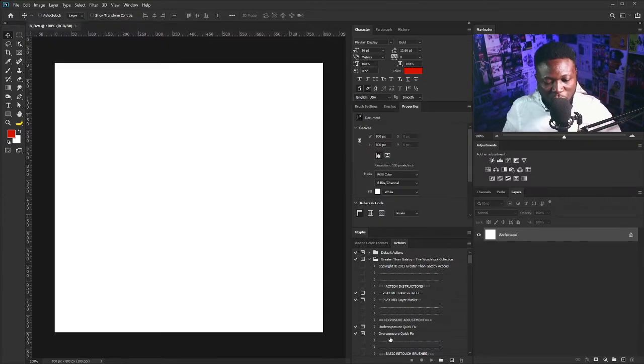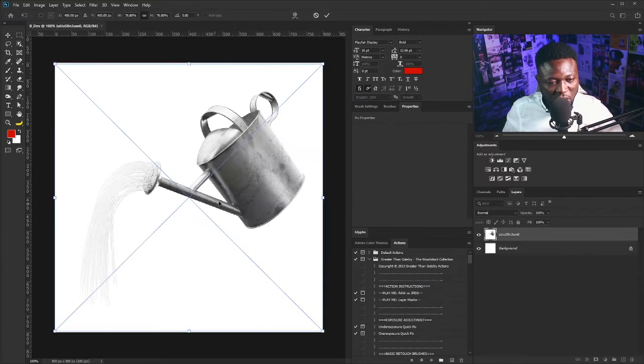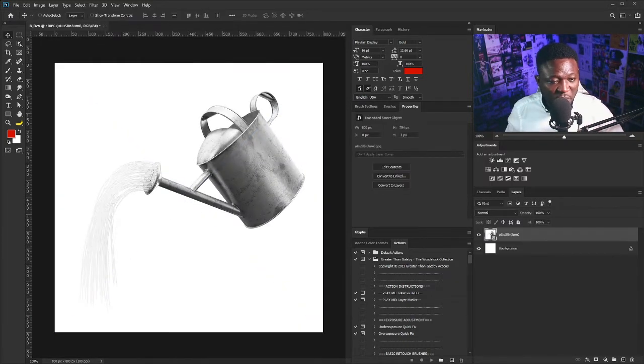The first thing I'm going to do is bring in the picture of the watering can, and I'll drag that and drop here like so. So I'm going to be putting the major services as a print on the